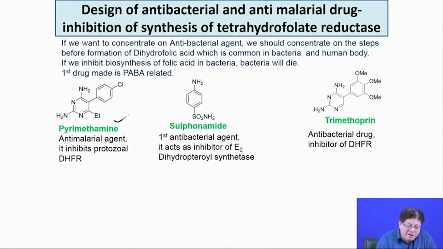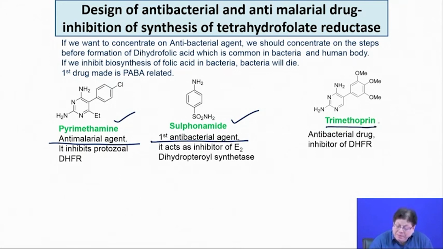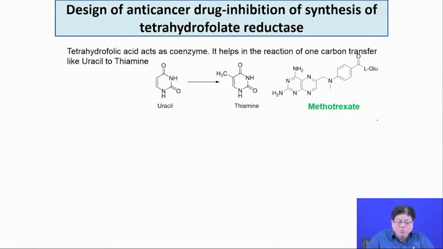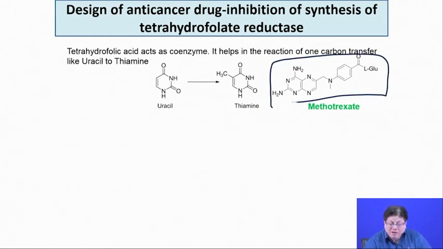Some names are given here: pyrimethamine, that is an anti-malarial agent, then sulfonamide, which is the first antibacterial agent to be used, rationally designed, after Paul Ehrlich's discovery of arsenic based antibacterial compounds like salvarsan, and this is another drug called trimethoprim. This is trimethoprim, that is an antibacterial compound. Okay. And there is one more compound, an anti-cancer compound, called methotrexate,